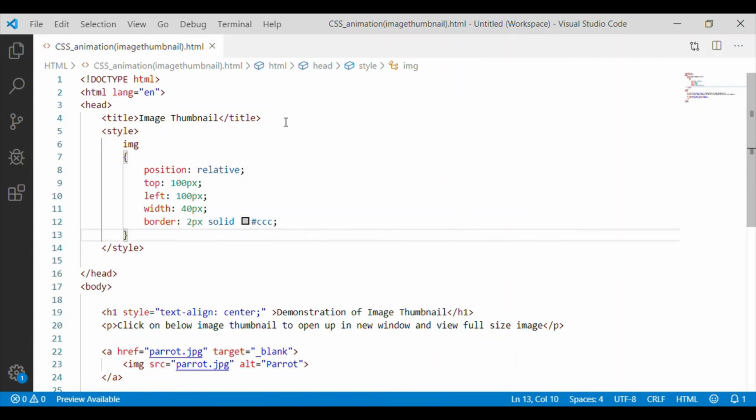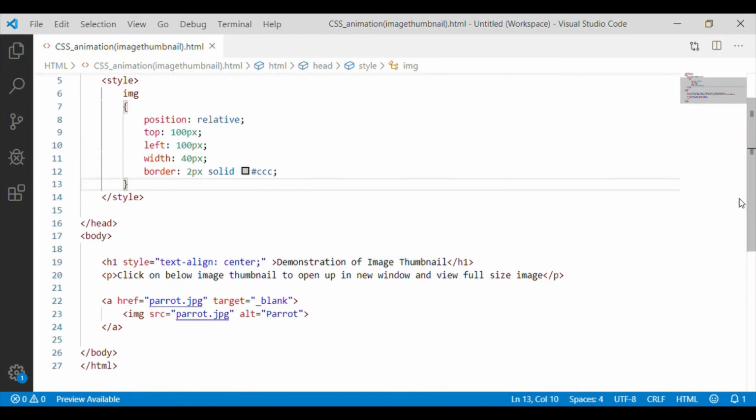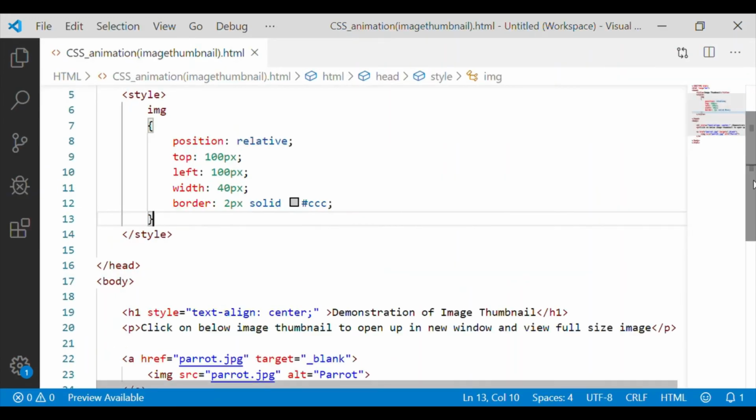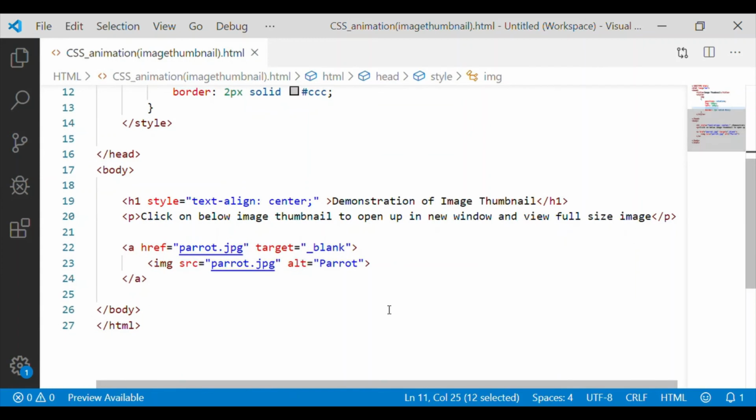So I have given styling for the image with relative position and size in terms of width and its border. I have slightly zoomed it to get better visibility. The width is the important parameter for the thumbnail so that the image is small in size.